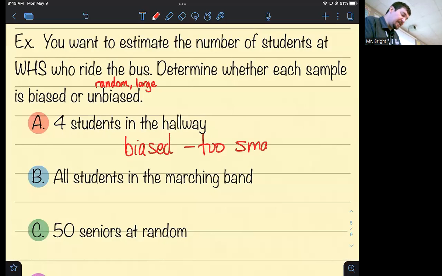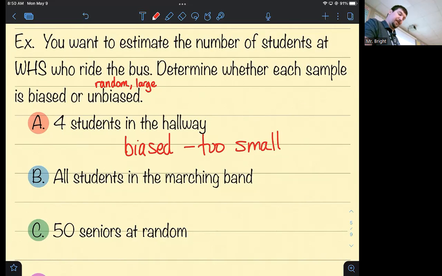Yeah, I mean, well, I didn't say your hallway, but still, there are junior hallways, senior hallways, freshman hallways, sophomore hallways. All the math rooms are in the same area, all the foreign language rooms are in the same area, all the science rooms. So you're going to get biased if you're just asking 4 students from a particular hallway. And number one, yes, it is way too small. We're thinking probably 900 to 1,000 students in the high school. 4